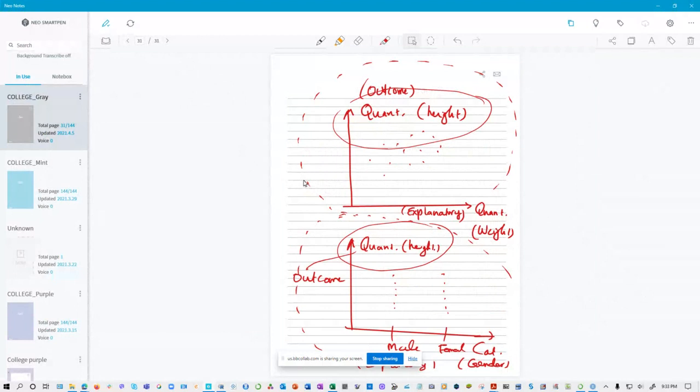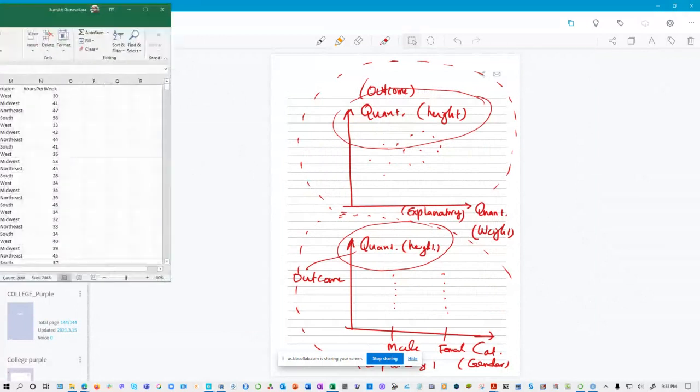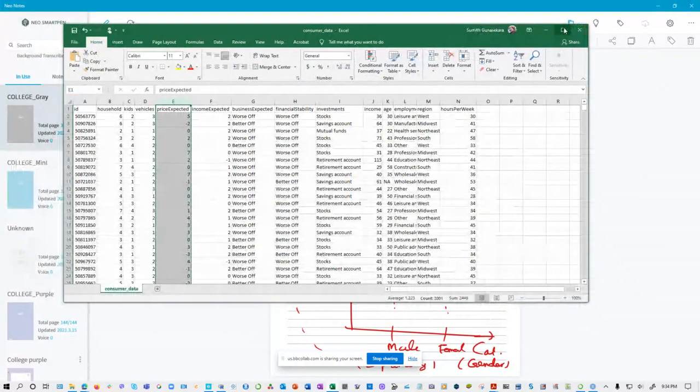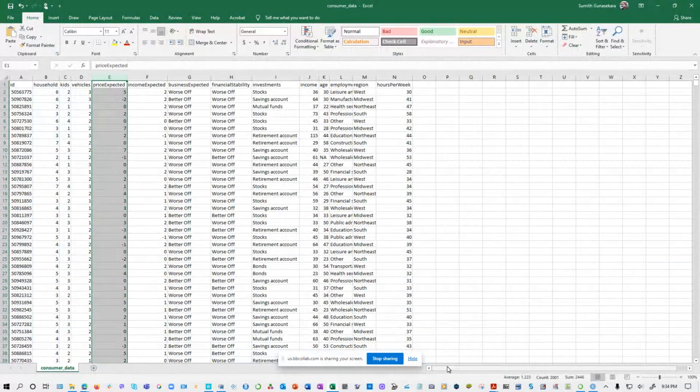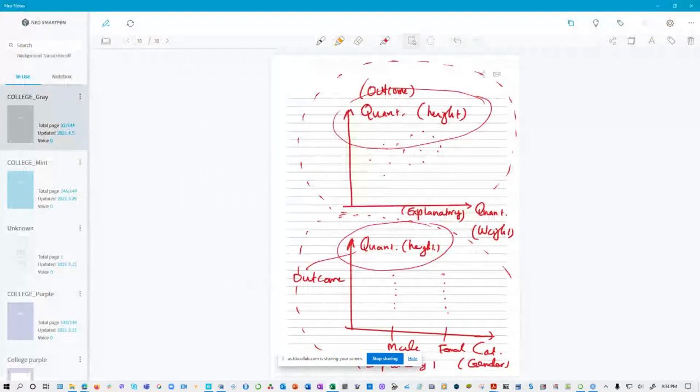When we're done with this chapter 7, you will be pretty good at figuring out what we are doing here. But in the beginning, what we are trying to do is learn how to import the data and how to read the data, those kinds of things systematically. But get a clear idea about the variables a little bit. As I mentioned here, if you're planning to discuss the relationship between 2 variables, quantitative or categorical,